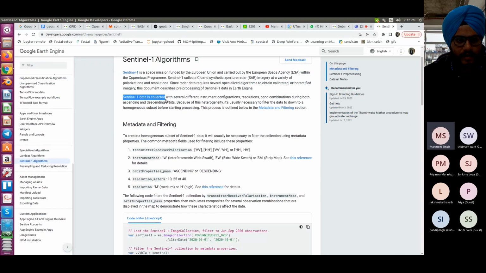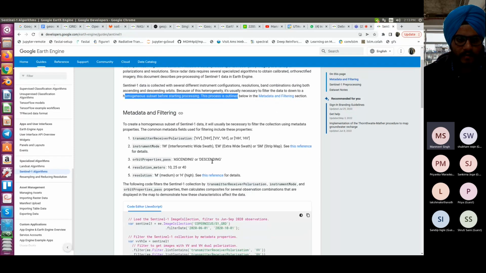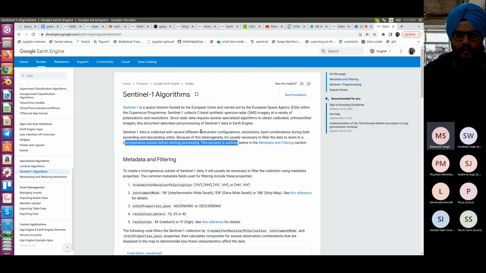Sentinel-1 data is collected with several different instrument configurations, resolutions, and band combinations during both ascending and descending orbits. Because of this heterogeneity, it is usually necessary to filter the data down to a homogeneous subset before starting processing. And this process is outlined here. So there is some pre-processing that goes into the Sentinel dataset